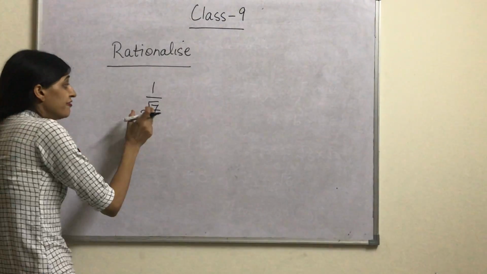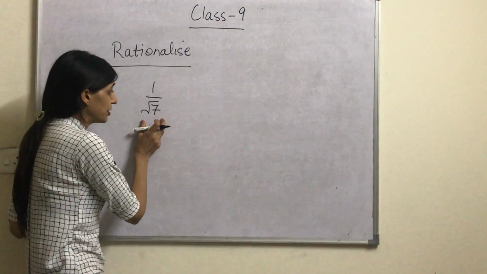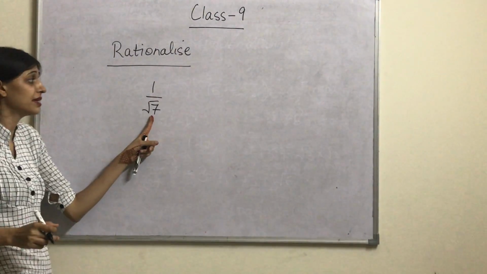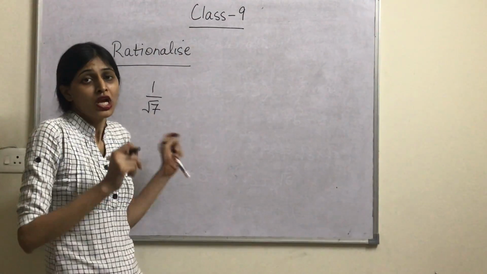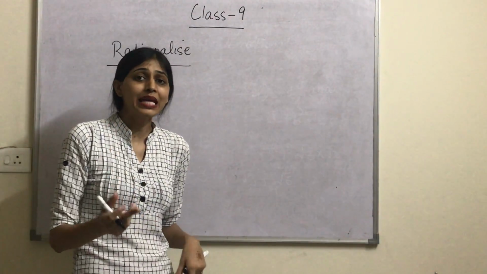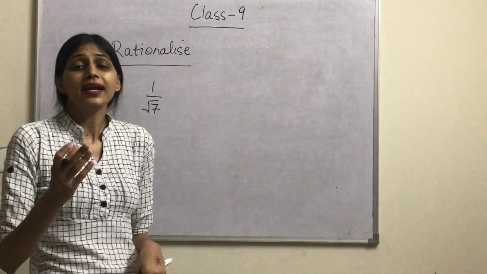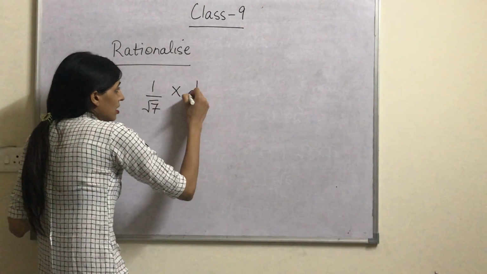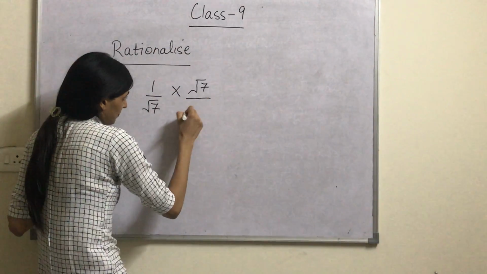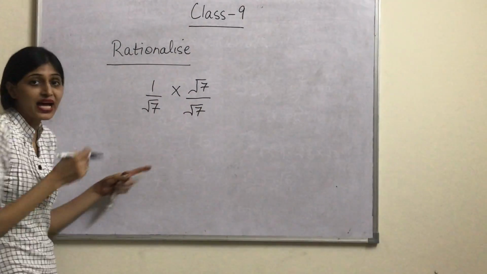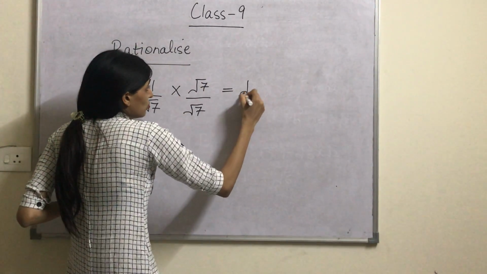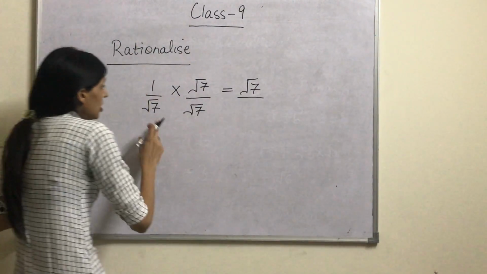That means whenever this type of question is given to you, rationalize the denominator. We know here the denominator is root 7. So rationalize means multiplying the numerator and denominator by this number. This is known as rationalization. 1 into root 7 is root 7. Root 7 into